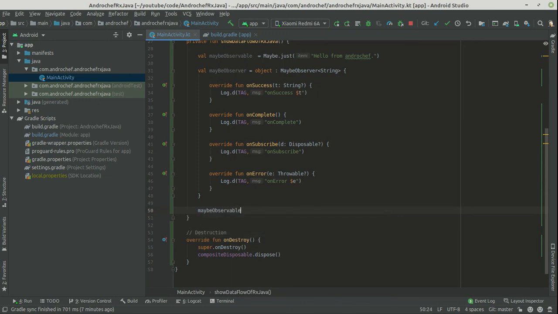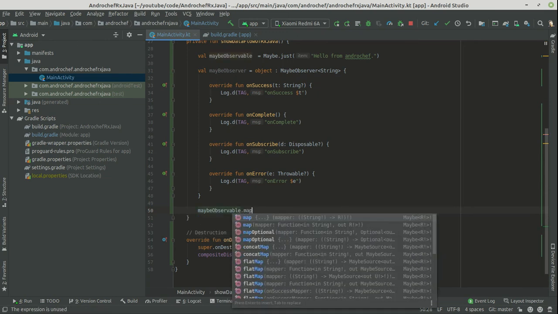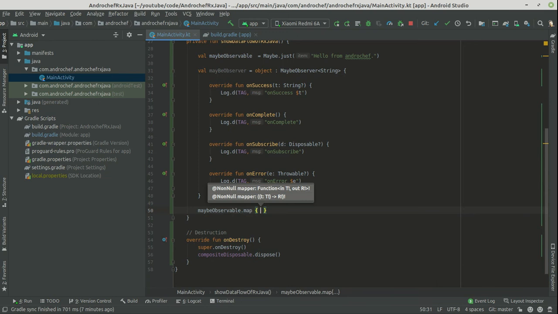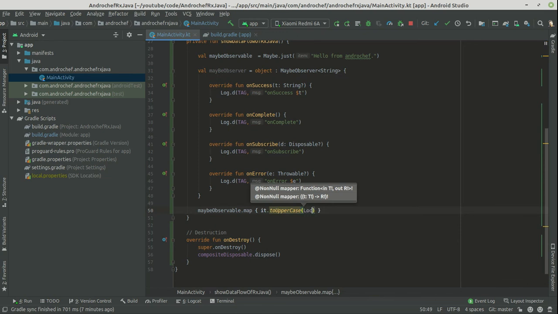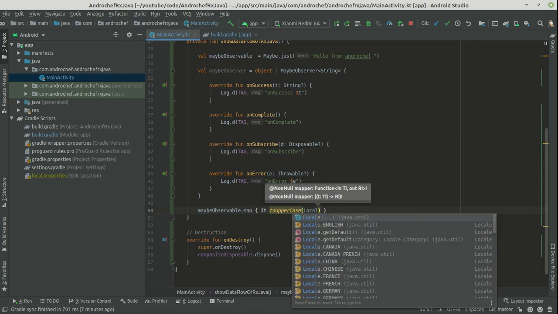So maybe observable, and we will map, and now we will use the same map operator, and we will use English as locale default.